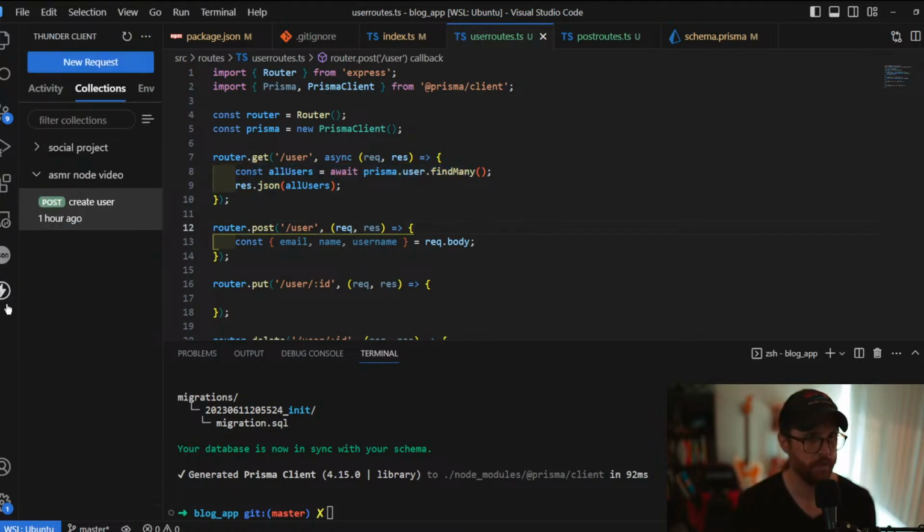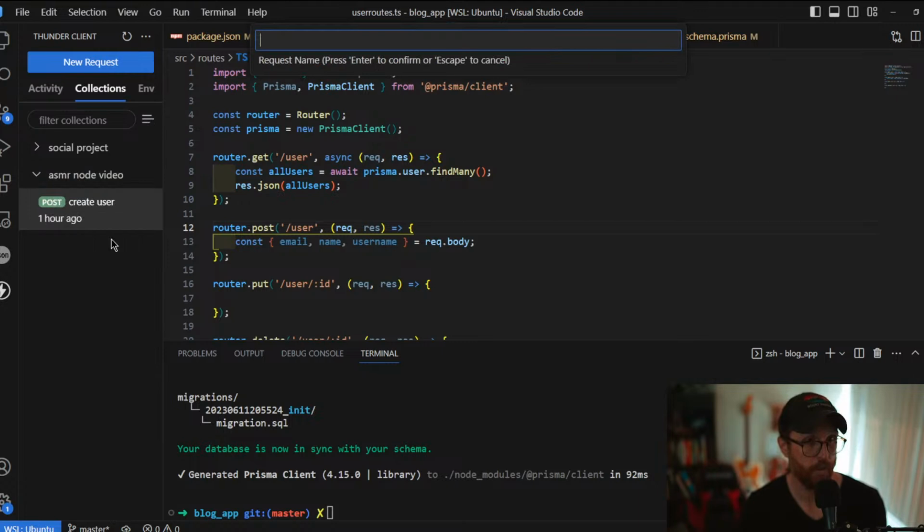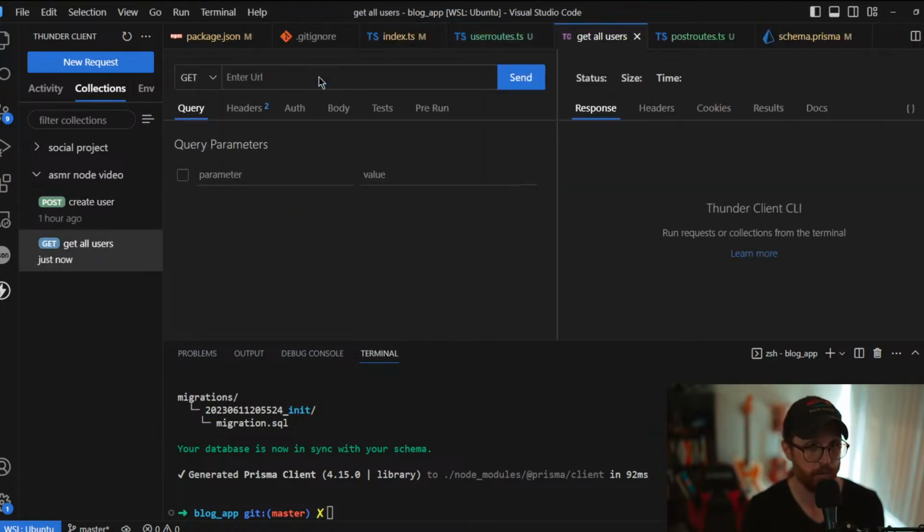So let's use our Thunder Client. And let's see, we'll do a new request. And this one's get all users. Cool, so we've got our get. And we just need to do HTTP localhost /user, right? It's not plural. Oh,